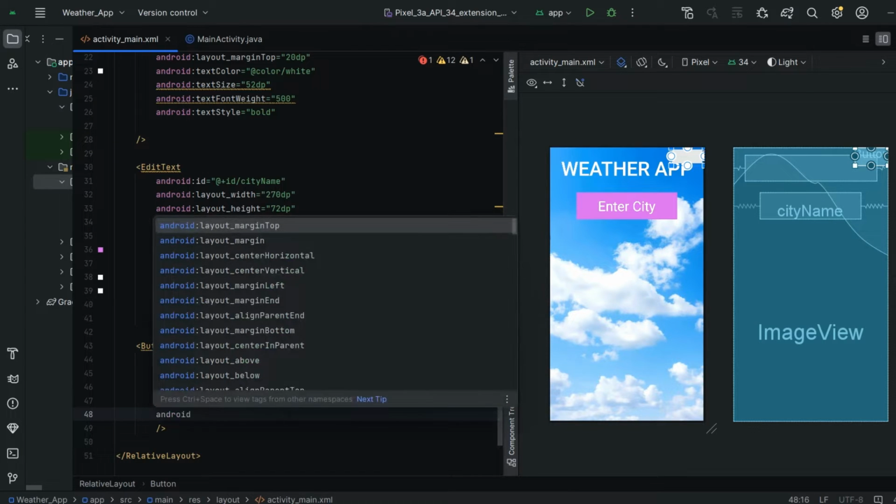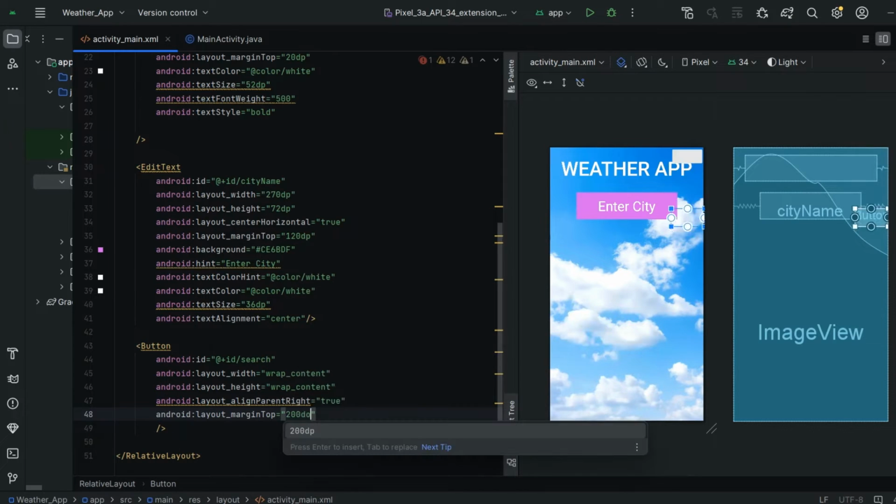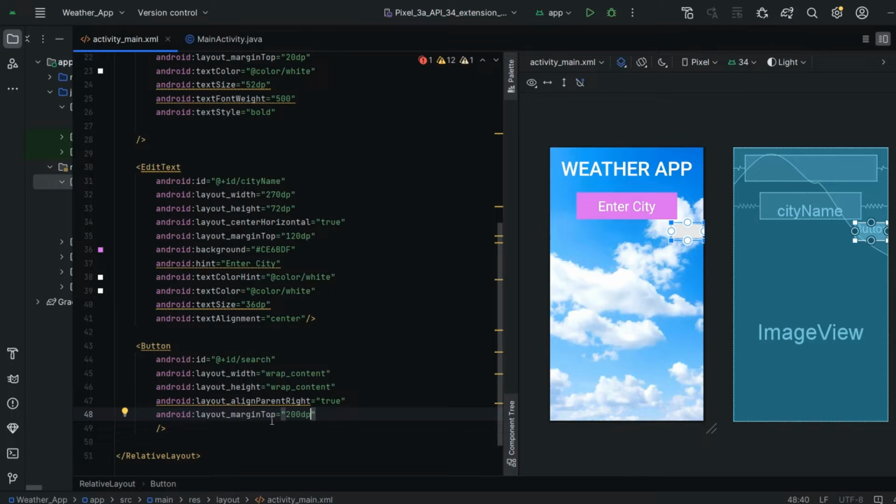You can give as per your requirement, guys. So here I am giving android layout margin top as 200 dp. Yeah, it came below here.